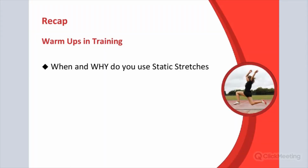So, as promised, I will spend a few minutes recapping the main points that were covered in the presentation I delivered a couple of weeks ago. In that session, we talked specifically about potentially some different thinking around warming up in our training sessions, and we talked about how static stretches should be used with caution within our training session warm-ups. We talked about how static stretches may lead to a potential loss of peripheral temperature in the muscles through maybe heat transfer. And we also talked about how static stretches could have a negative impact on the potential power output,